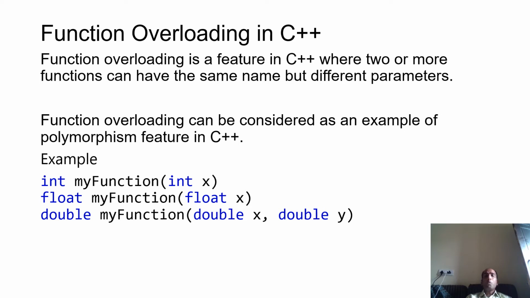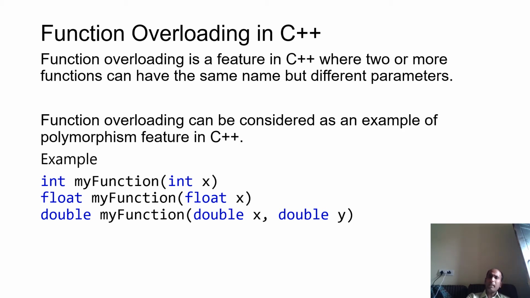When you are going to create more than one function with the same name which is going to perform multiple tasks, that is strange. If you create more than one function with the same name, and when you call, which function will be called? For this, you need to vary their arguments. So function overloading means two or more functions have the same name but different parameters. Parameters should not be the same. If the parameters are also the same, that is a compile time error. The name of the function will remain the same, but their parameter arguments will be different. Then you can say that is function overloading.